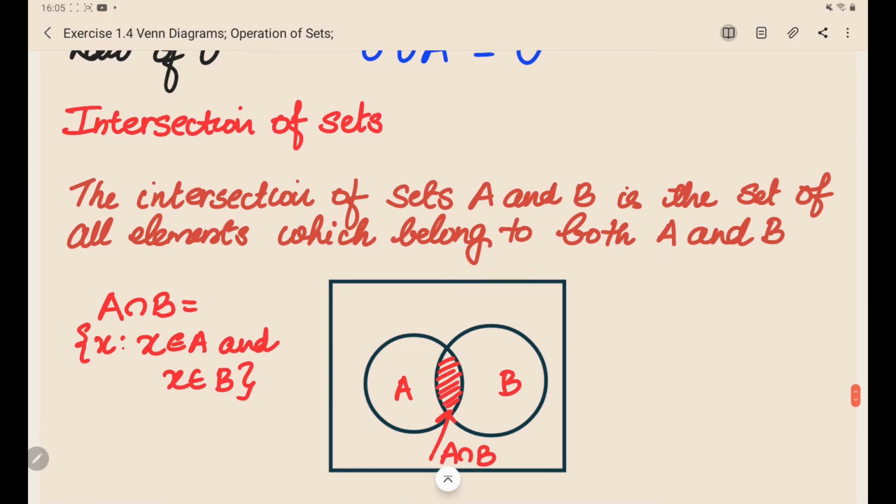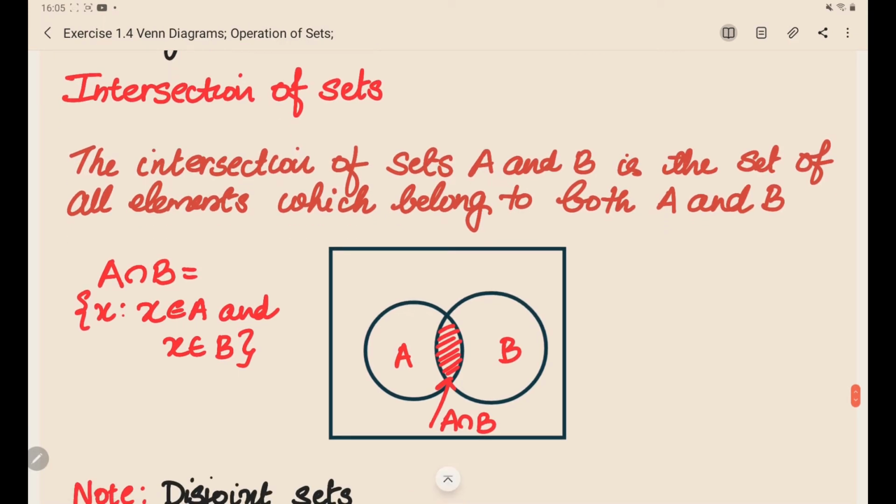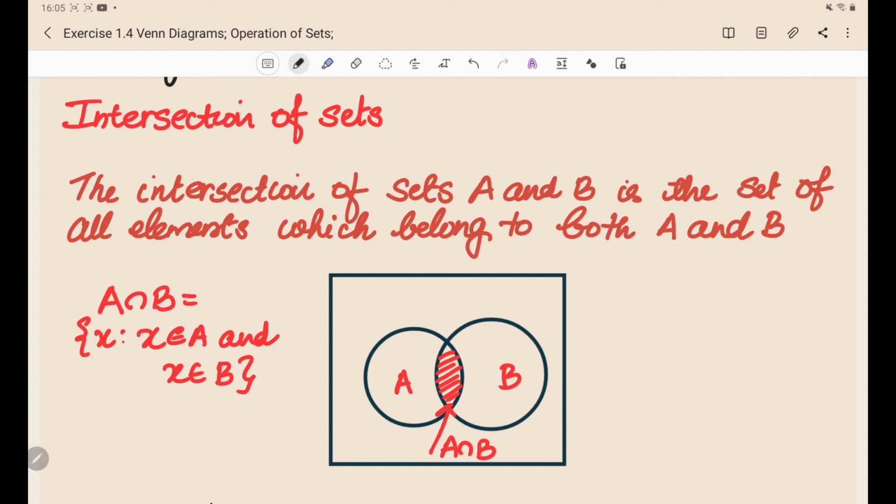Now let's understand what an intersection is. We have already learned what a union is. How do we represent union? We represent it using the symbol U. It is a union of sets. If there are two sets A and B, then a new set is derived, and this set consists of all the elements of both A and B, right? The intersection is just the opposite of that. You represent it using an inverted U. That is like this symbol. This is for intersection. You use an inverted symbol for union. Okay, so that's for the intersection.